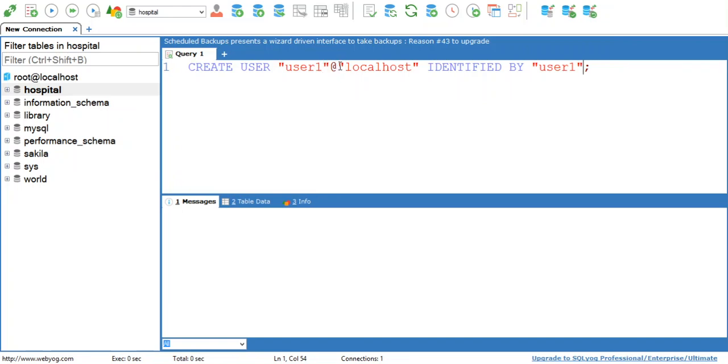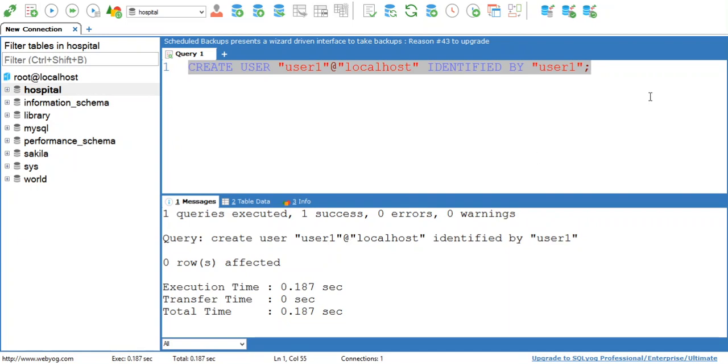But if your machine is connected in a network, and if you have multiple SQL servers running, then instead of this localhost, you can write %. It means that user1 can connect from any host. Here we have a single instance, so I have written localhost. Now execute this query. See, your user is created.